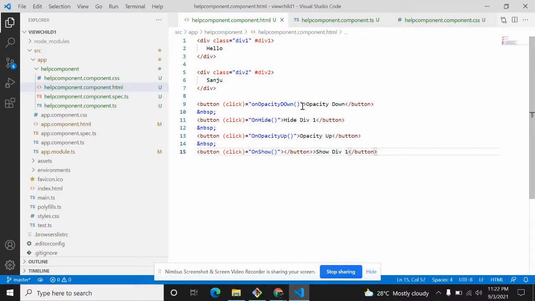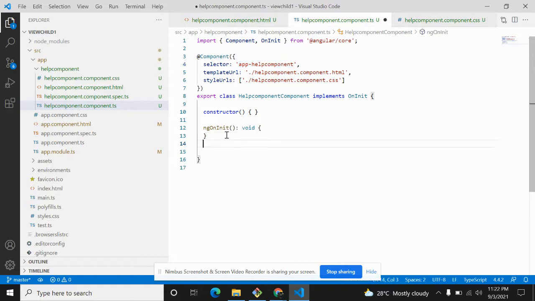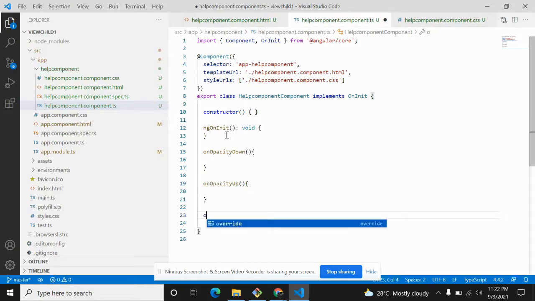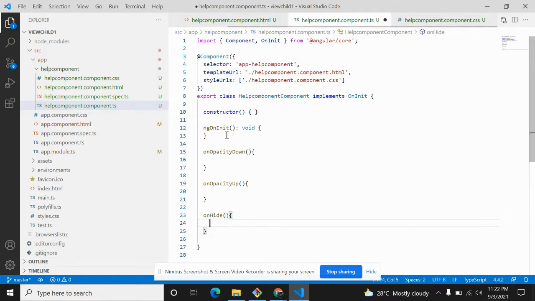Okay, see, so these are the four buttons ready. Now we have to provide the event reference in the component. I'll give it over here: on opacity down, on opacity up, on hide, on show. Okay, now